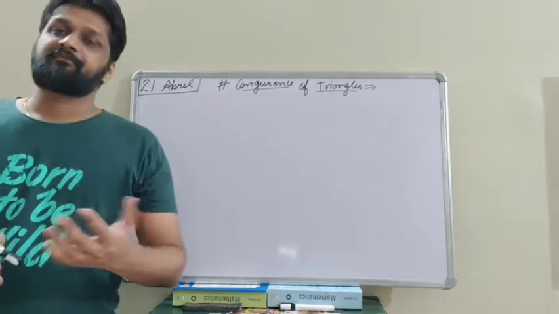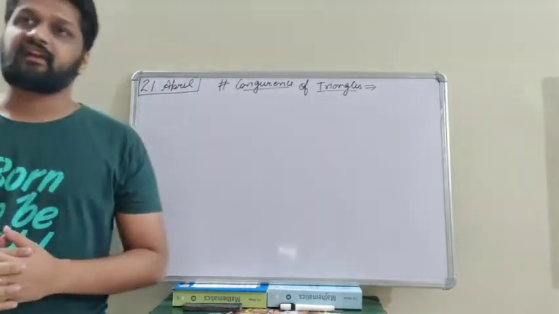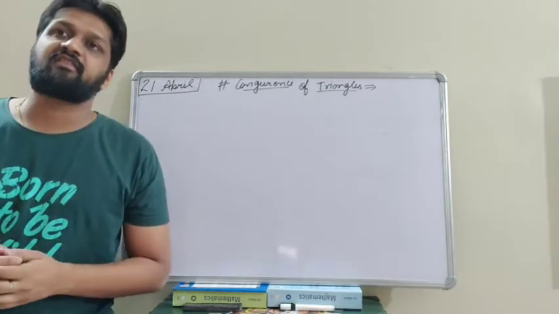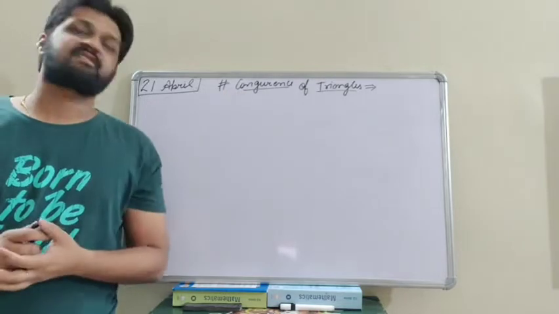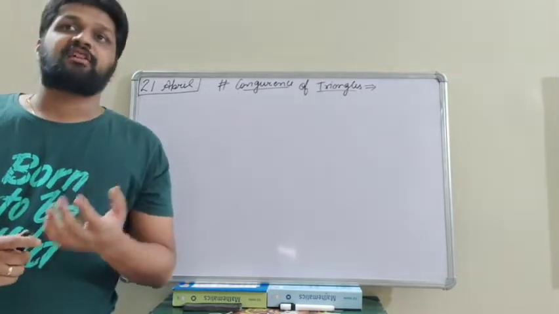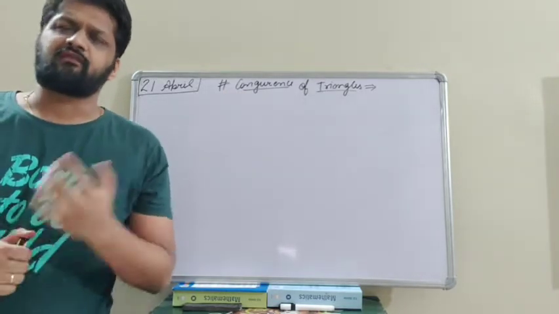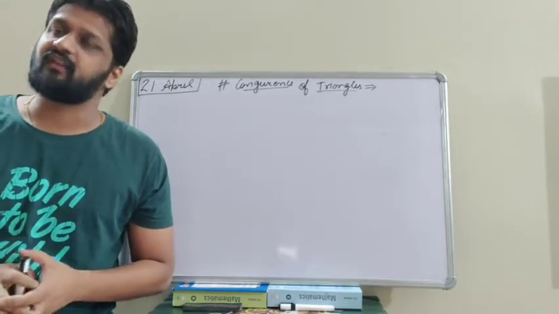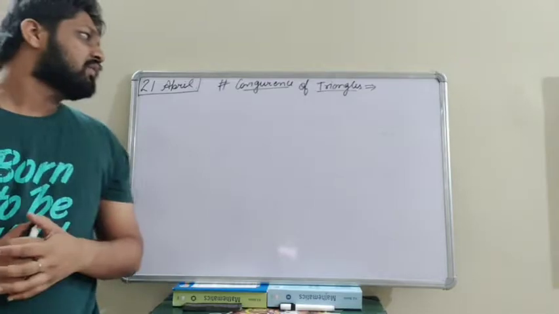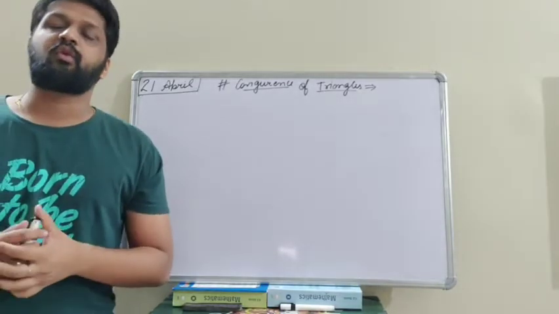Good morning, students. Our chapter, congruence of triangles, is going on, and so far we have discussed what we mean by the term congruence and what the various criteria are in order to make two triangles congruent. One we have discussed, that is side, side, side, and the remaining three we will discuss today in this video. So let's recall again the introduction of the first video, what we have done in that.